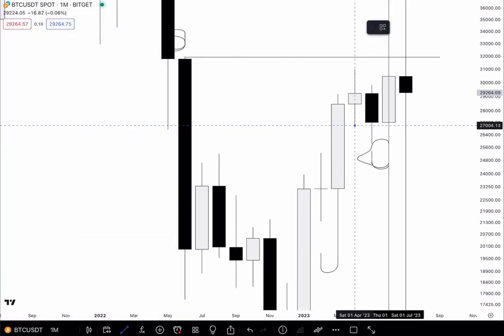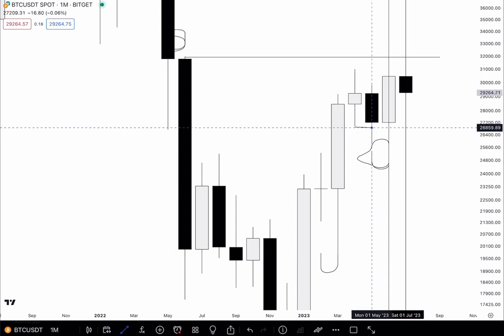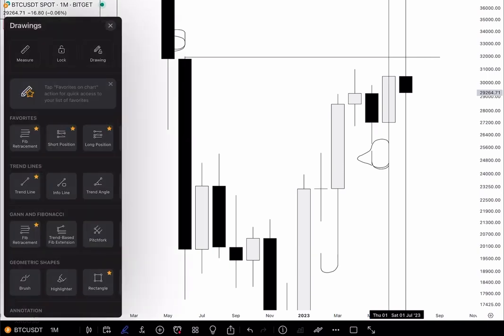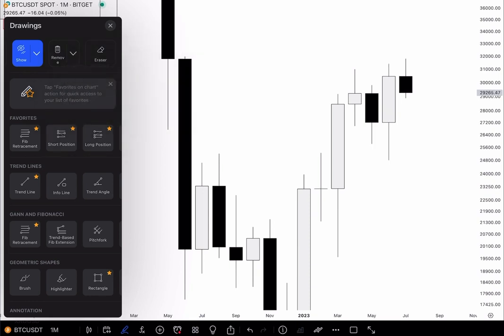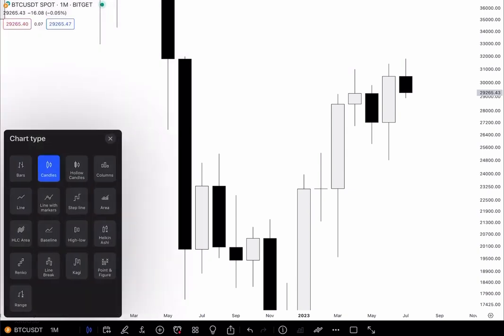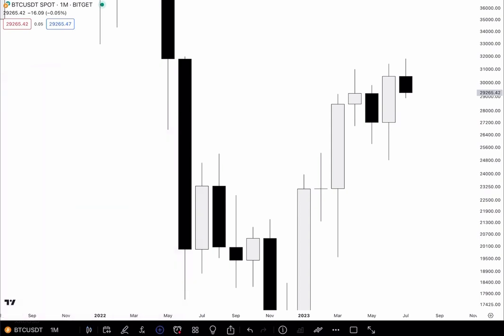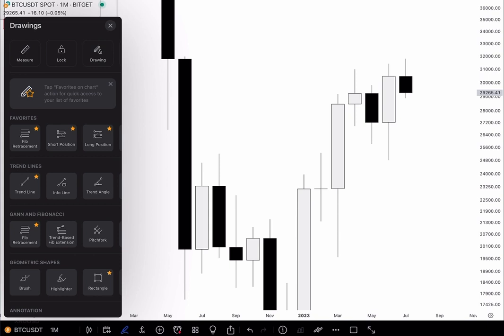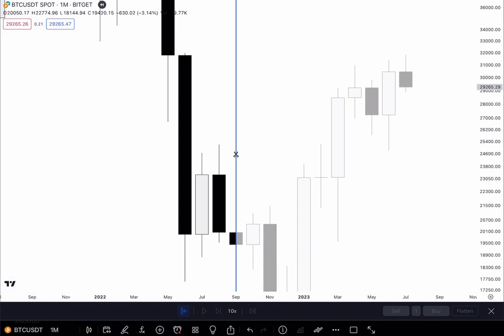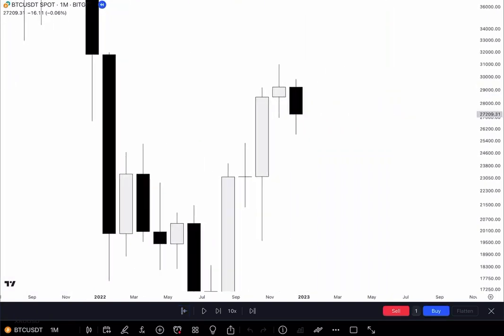You've seen me emphasize, if you've been following me for a while, on the closes below lows and above highs, right? So this monthly candle closed as an engulfing candle. Replay. I'm clearly not used to this device about replay. I usually watch the data live.